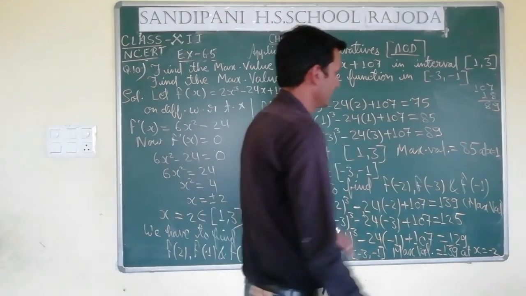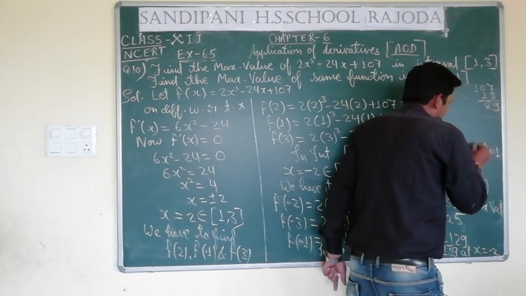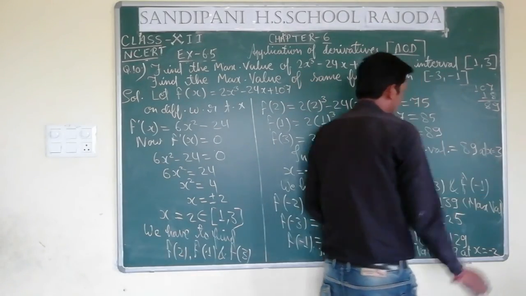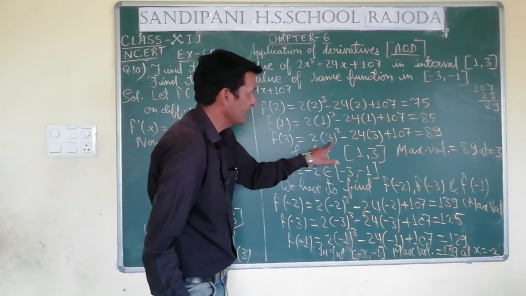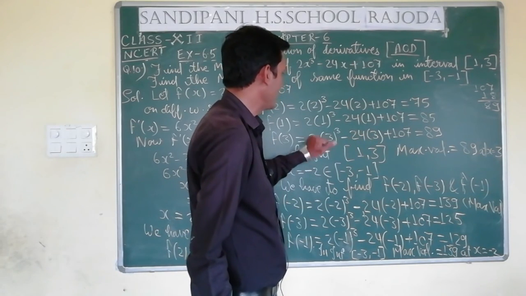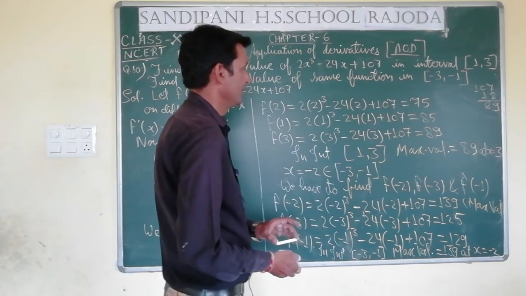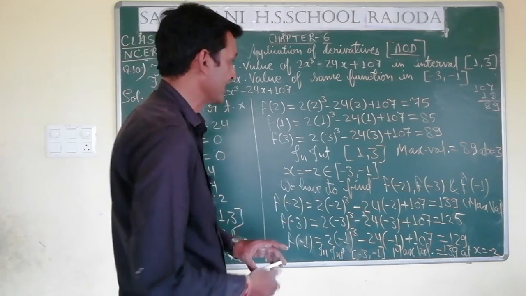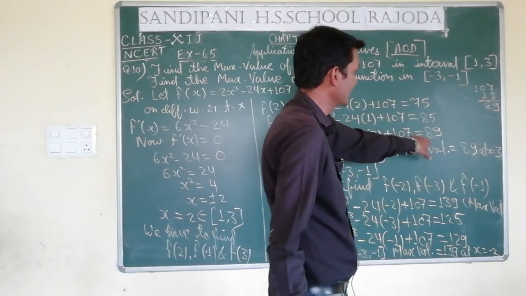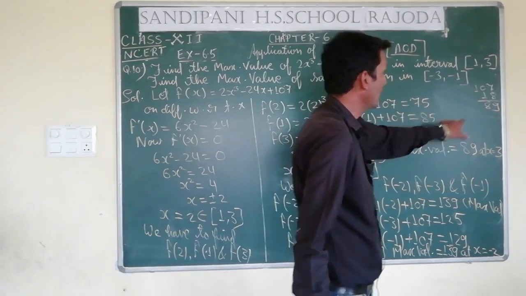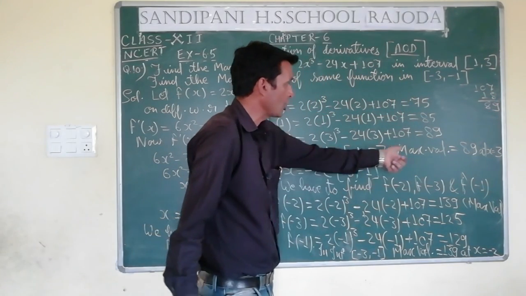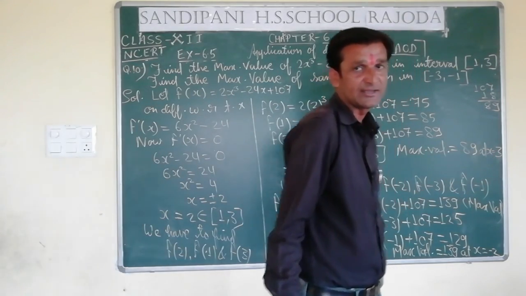Okay, here it is a mistake. 89 it is at x is equal to which point? At x is equal to 3. Let us discuss once again. 3 3s are 9, 3 9s are 27, 27 2s are 54 and 24 3s are 72. 72 minus 54 is how much? 18. So it is minus 18. 107 minus 18 is 89. So this is the correct answer for this, because 1 we have carried here. So 9 minus 1 is 8. 89, it is the maximum value in interval 1 comma 3. So maximum value is 89 at x is equal to 3.